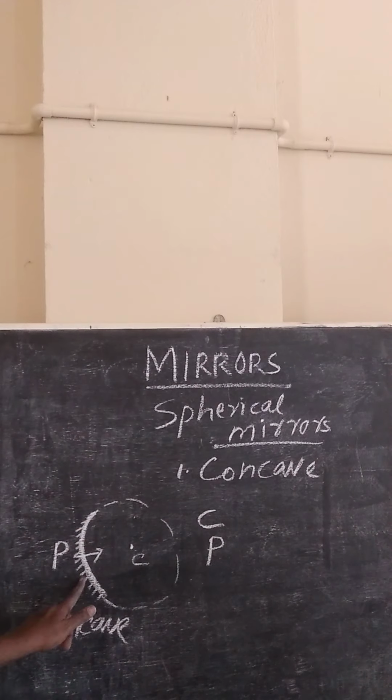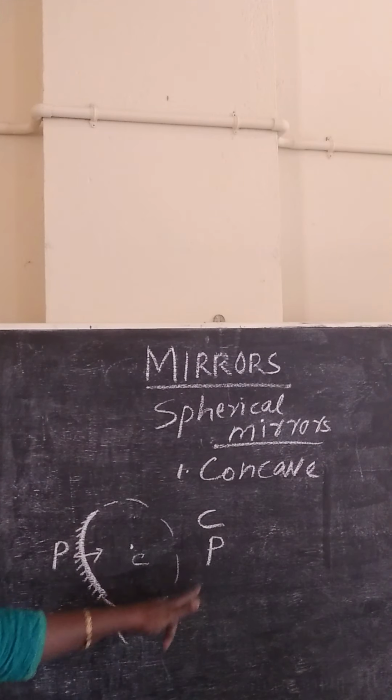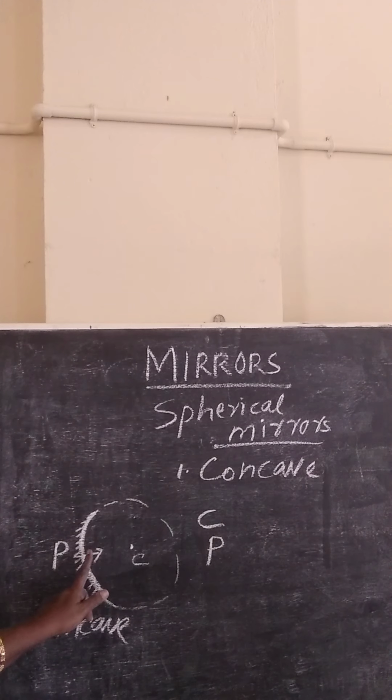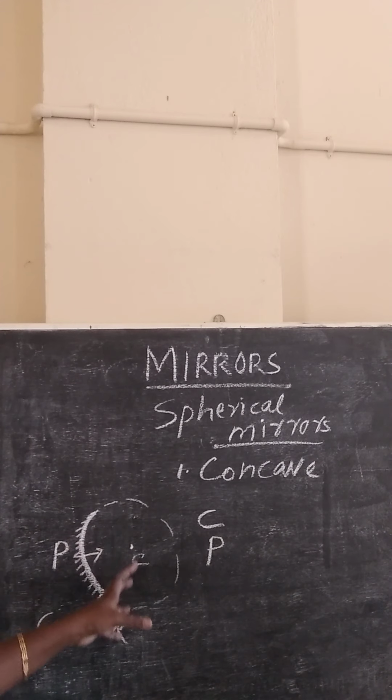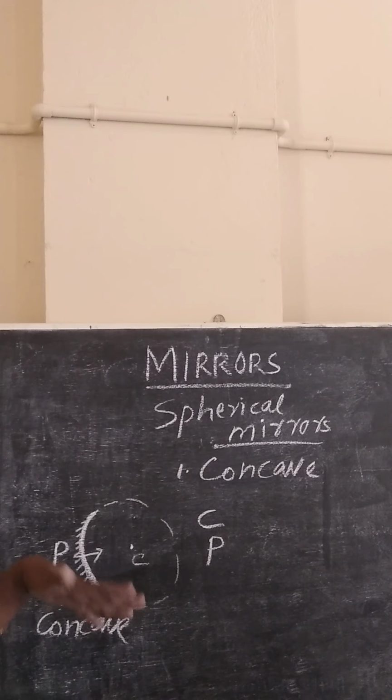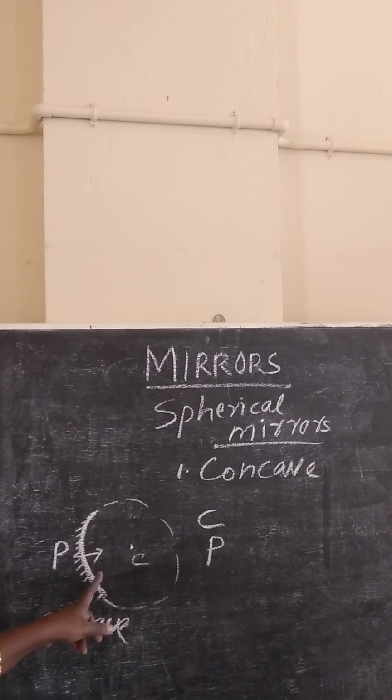The pole is lying at the center of this reflecting surface, but the center of the sphere is lying in front of the reflecting side of the mirror. That is, we cannot see it. We cannot see these points on the mirror, but to get a complete idea about image formation by a concave mirror, we are studying some of the terms related to it. So the pole is the center of the concave mirror, and C is the center of curvature of the mirror.